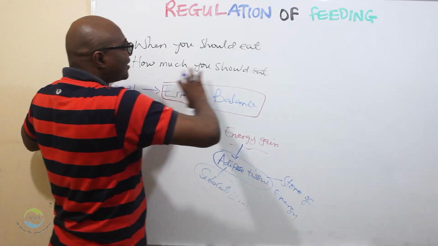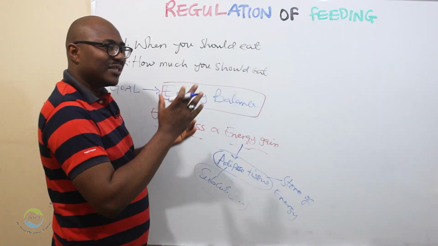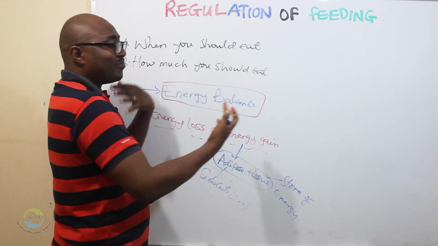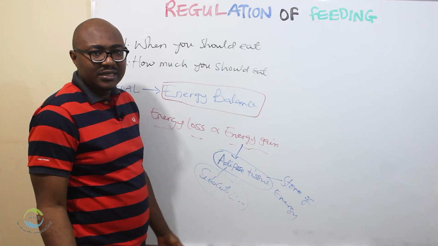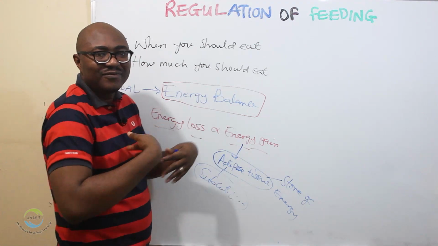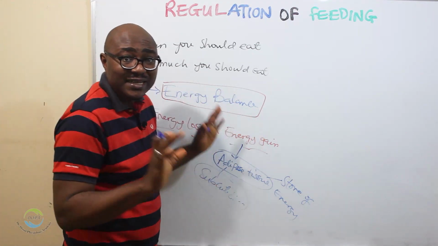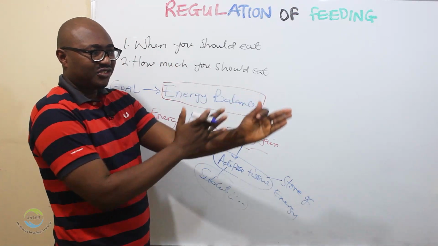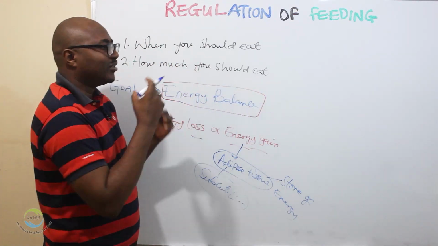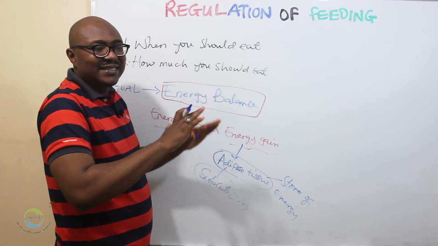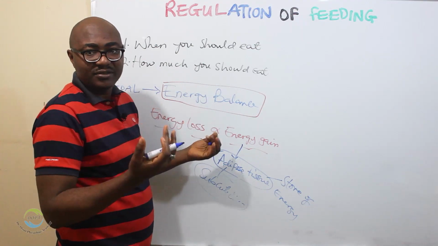But it's a very complex process, and we'll just try to make it simple, because there are so many things that influence how much you eat. Even cultural factors, environmental factors, and probably genetics. So it's not a very straightforward, straight line in theory. But we can understand it from the basics, from what the body is trying to do.